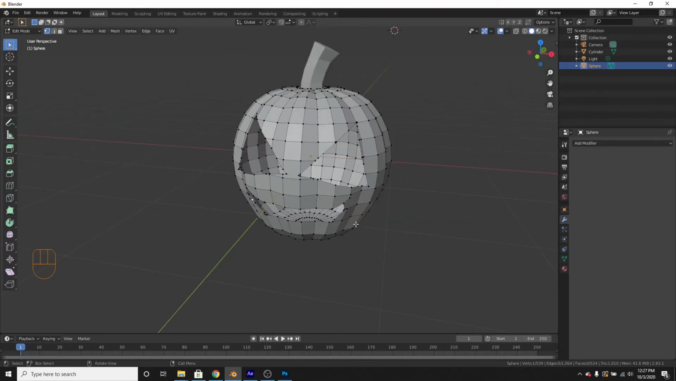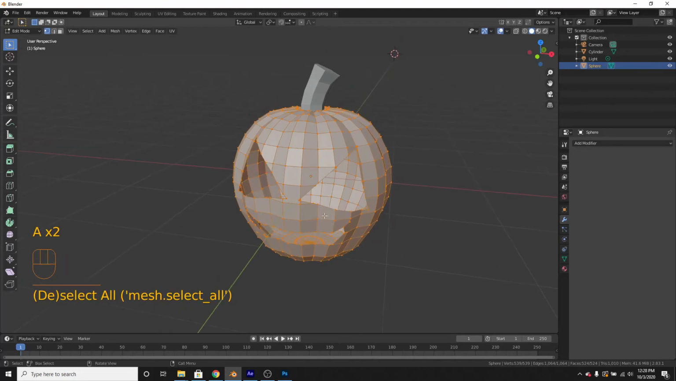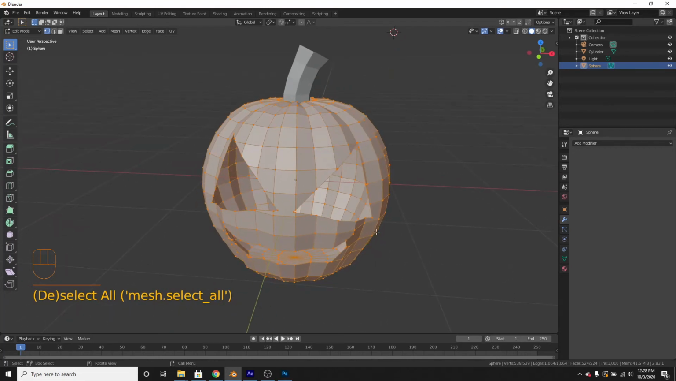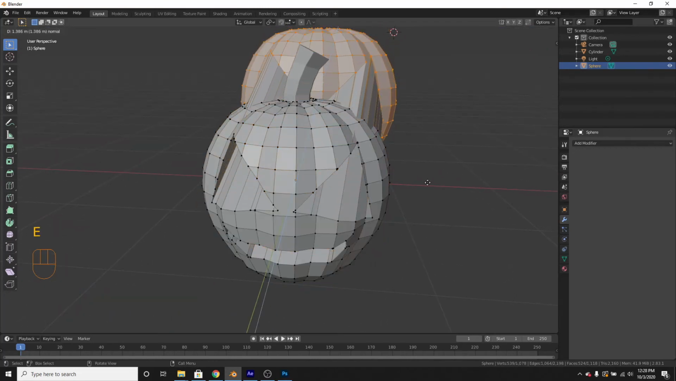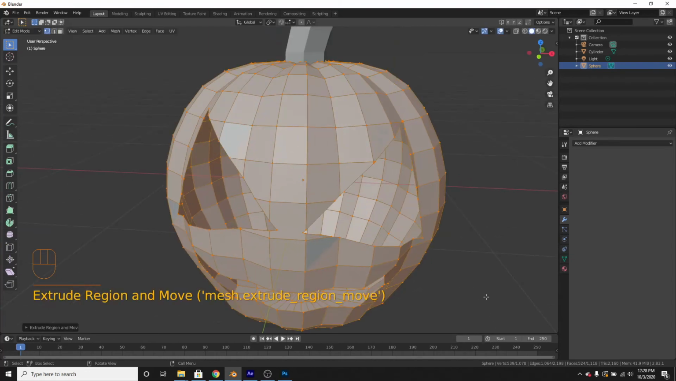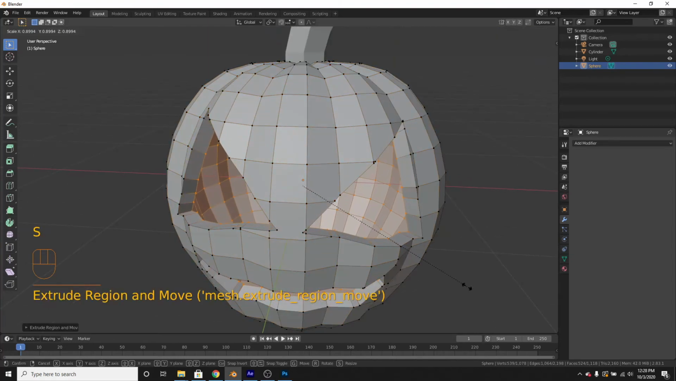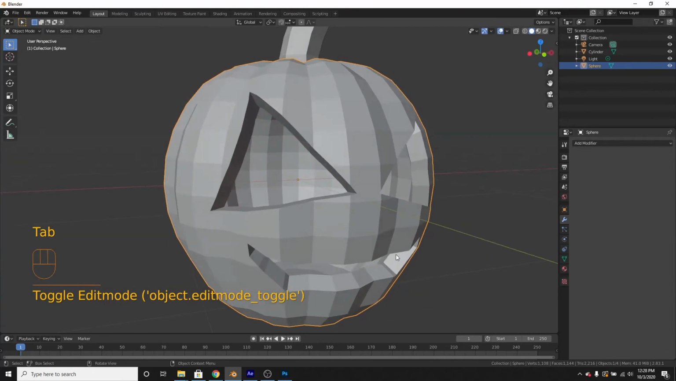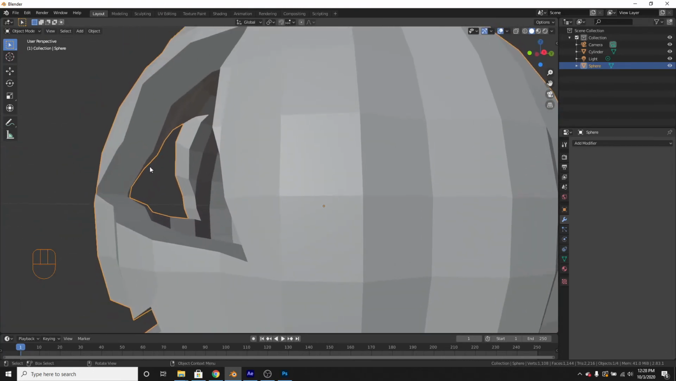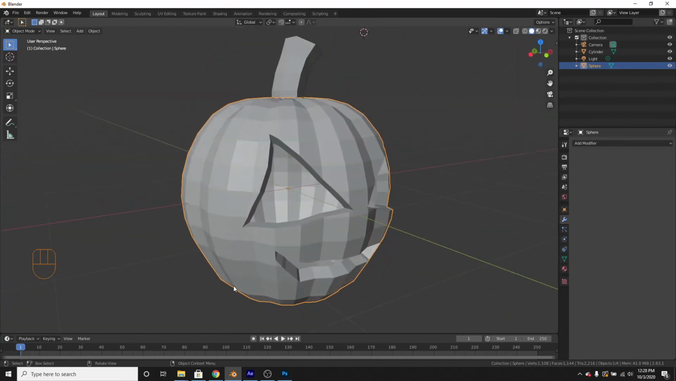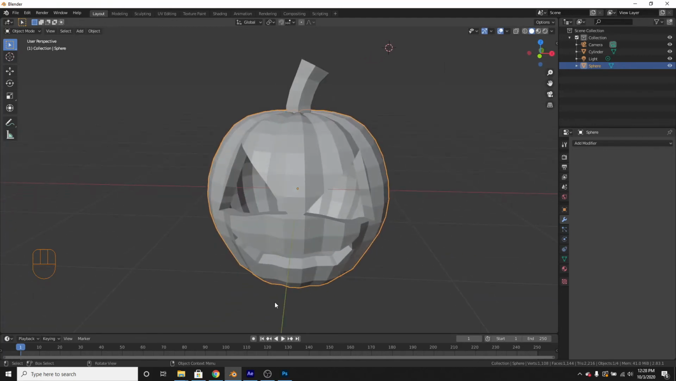Now let's select everything with A and select all toggle. You can do that twice. And E to extrude. And then scale it. So there's actually some depth, as you can see. Now our pumpkin is finished,